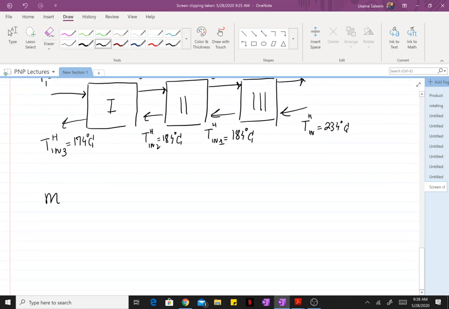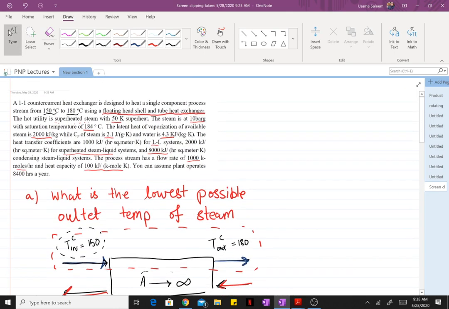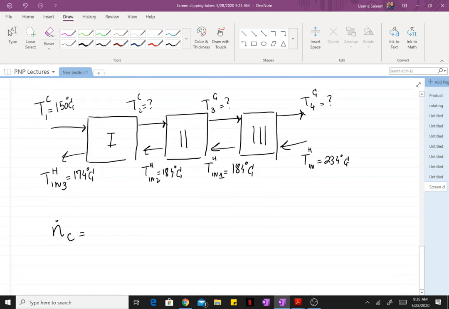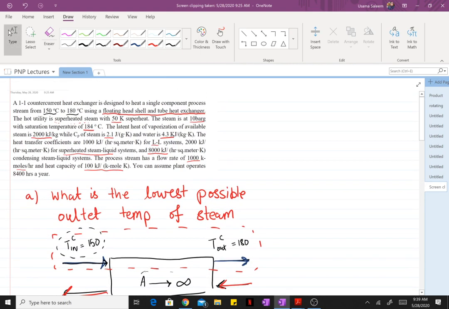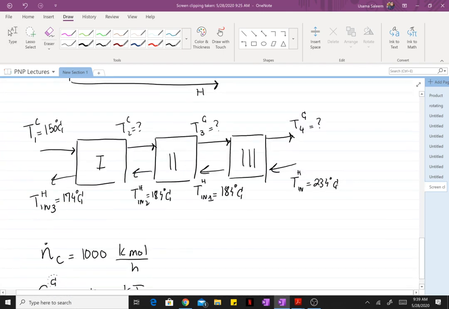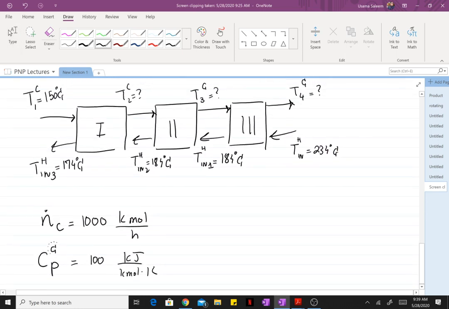So we have our flow rates. The molar flow rate of the process stream was given to be 1000 kilomoles per hour. The heat capacity of our process stream, I'm denoting C to represent the fact that our process stream is the cold stream that needs to be heated up. We have our heat capacity, and okay, the flow rate of steam. What flow rate of steam do we have here? Okay, so we also need to find the flow rate of steam, which is not given here,